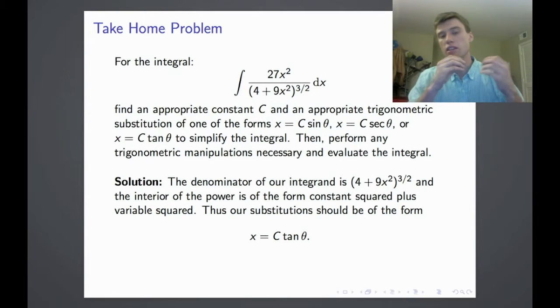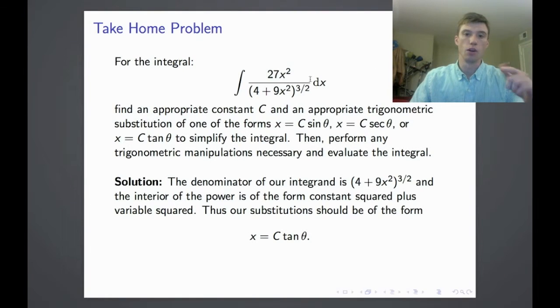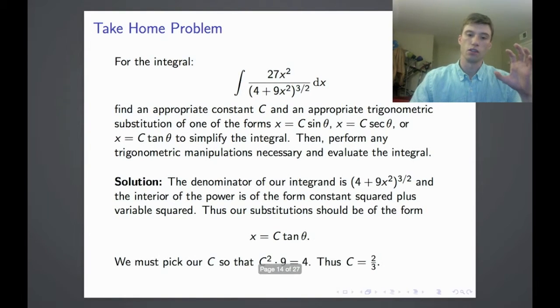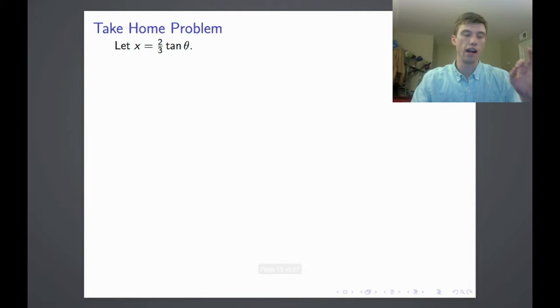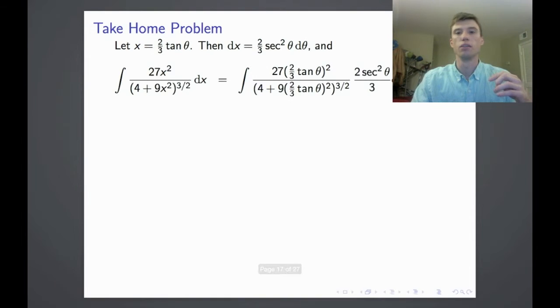So how do we choose this constant c? Well, we know that if we make the substitution x equals c tangent theta, once we plug this in, we're going to be squaring c and then multiplying it by 9. We then want this new constant, c squared times 9, to be equal to this 4. So we solve the equation c squared times 9 is equal to 4 to find the appropriate c, which is 2/3. After making the substitution x equals 2/3 tangent theta, with dx equals 2/3 secant squared theta d theta, our integral becomes